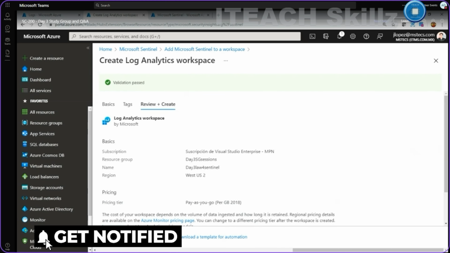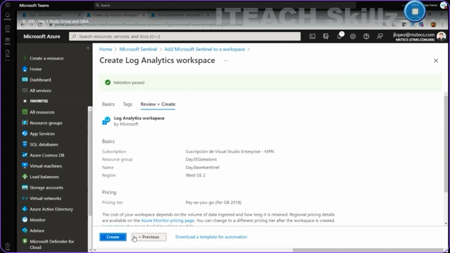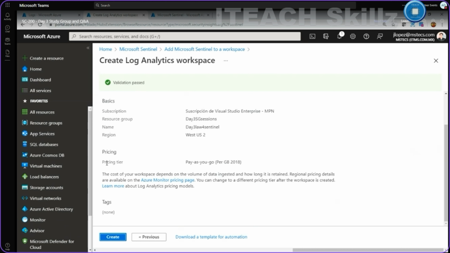A final validation will run and check my parameters, whether I'm skipping, missing or misconfiguring something. The pricing tier model is only one, pay as you go, paying per gigabyte, for example. We can see a legend that the cost of our workspace will depend on the volume of data ingested and for how long it is retained. And then, well, there could be a difference between hosting the workspace in one region than another. We can use, for example, a tool like the Pricing Calculator to locate a workspace and look at an estimated cost based on the